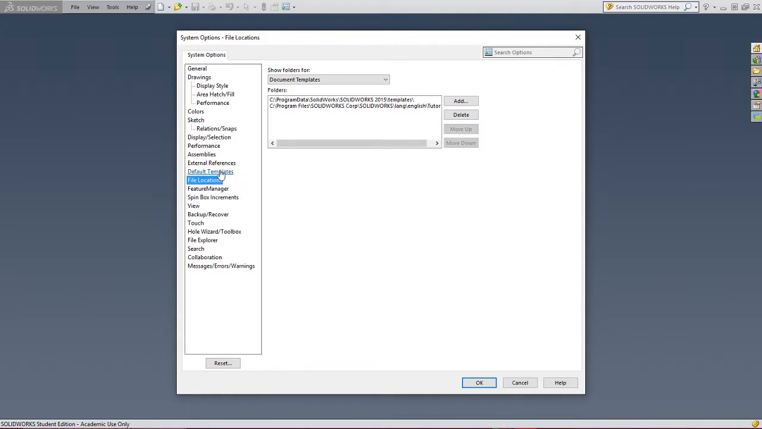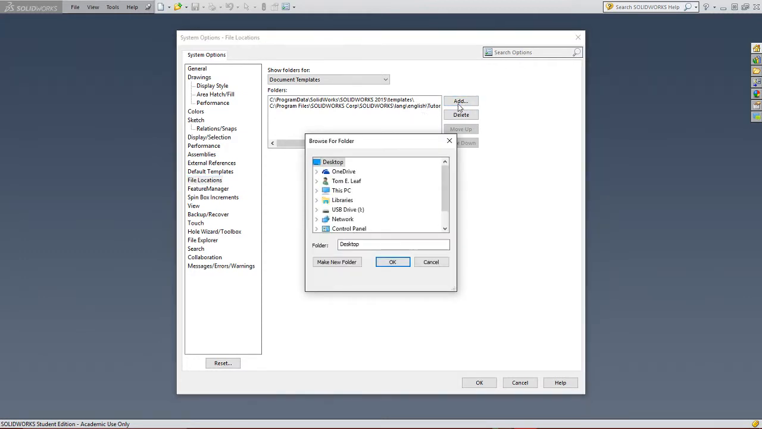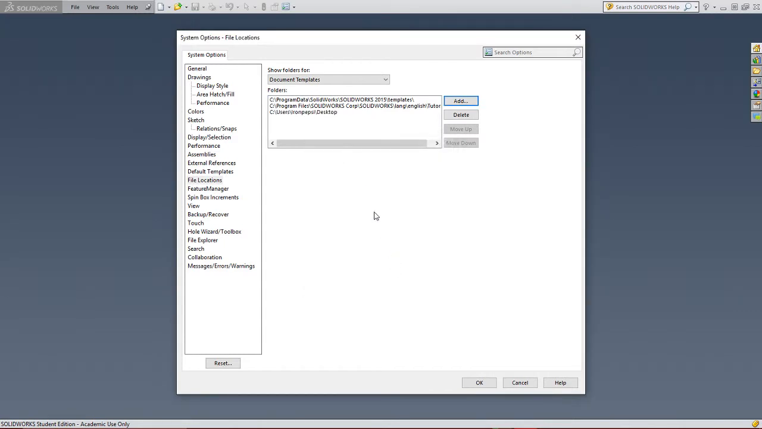file locations. Here it's a good idea to set this location to your flash drive or to the desktop if you're using a school computer. Now, if you're on your personal home computer or a laptop, then this is not necessary because the document templates here will be in the same location no matter what. But